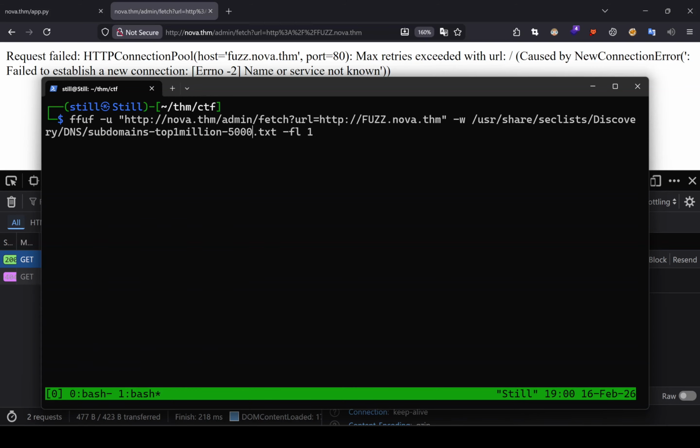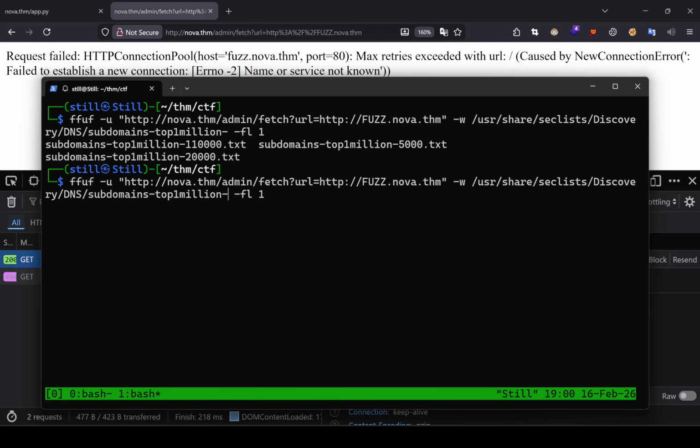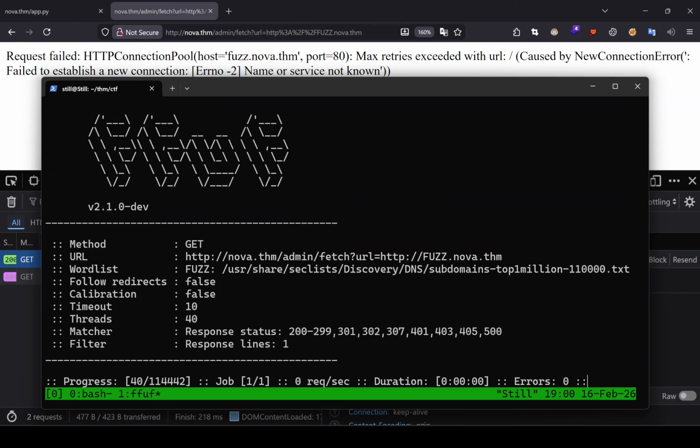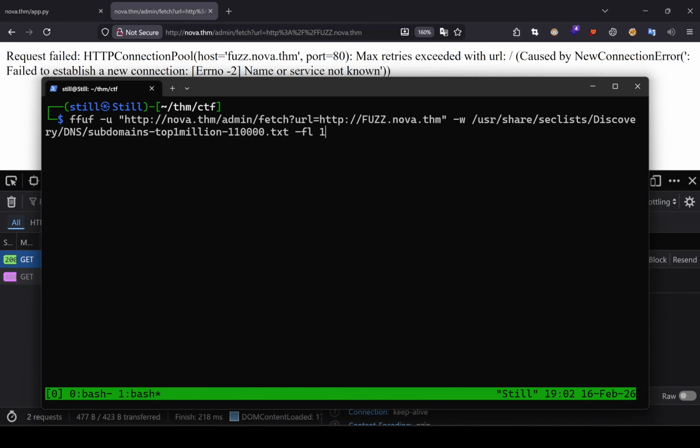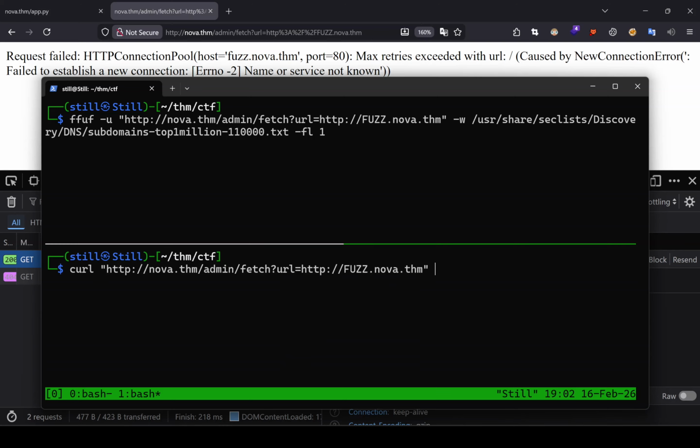This one was just 5000, so I'm going to try a different one here. Let's try the 110,000 one, or I guess it's 1 lakh something. Okay, while this was running, I just discovered one thing that we did wrong here. We are trying to access this URL. We should always try to make a simple curl request first of the request that you are trying in FUF. Because if we try this request, we'll see it says unauthorized,